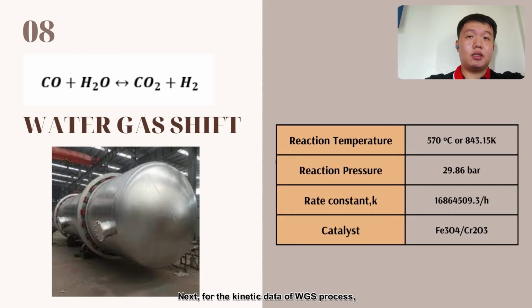Next, for the kinetic data of water gas shift process, the chemical reaction would be as follows. 1 mole of carbon monoxide reacts with 1 mole of steam to produce 1 mole of hydrogen gas and 1 mole of carbon dioxide. This reaction occurs at a temperature of 570 degrees Celsius or 843.15 Kelvin and at a pressure of 29.86 bar. This reaction is assumed to be first order and the catalyst used will be iron oxide